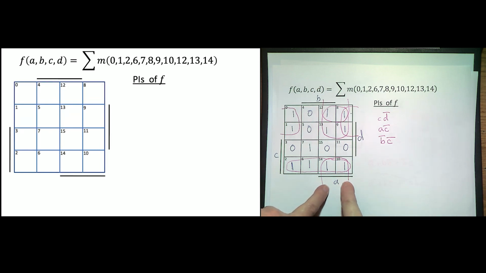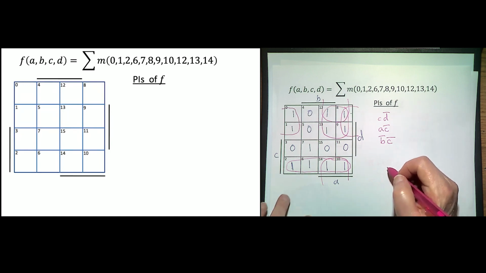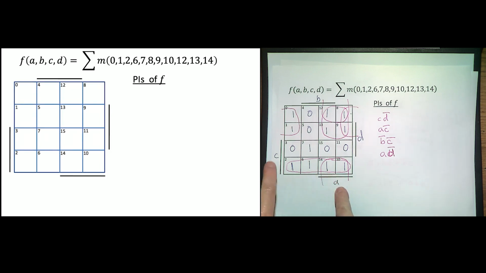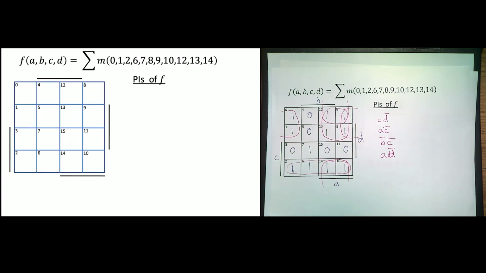Who gave me this one? What's the product term? A D naught. Yes, A D naught. It's in A, straddles B, straddles C, and it's outside of D. Any more?